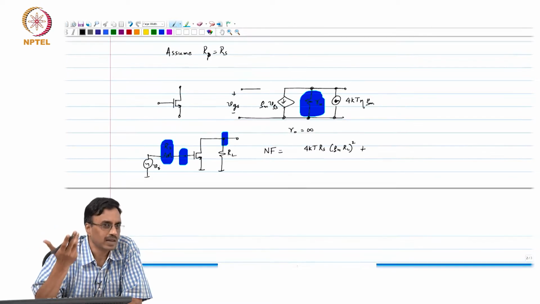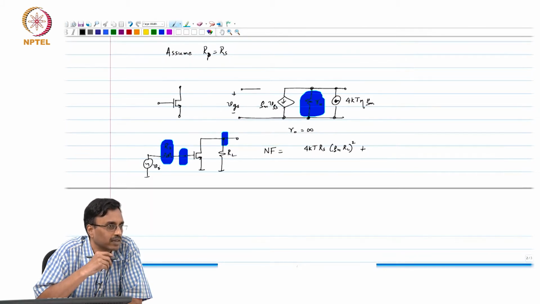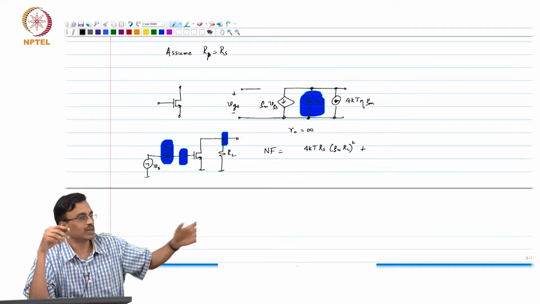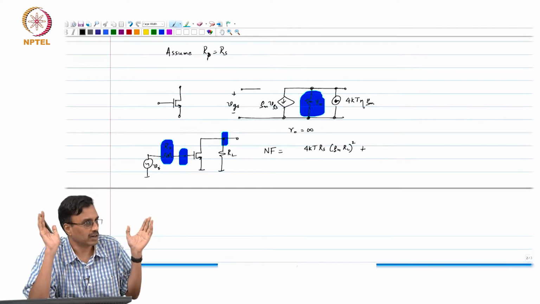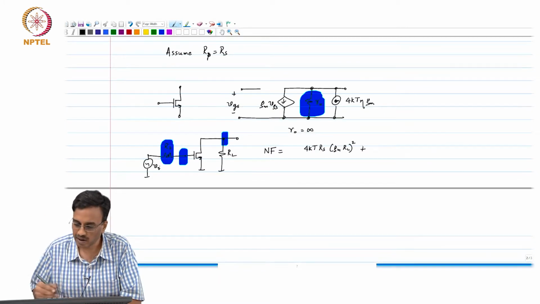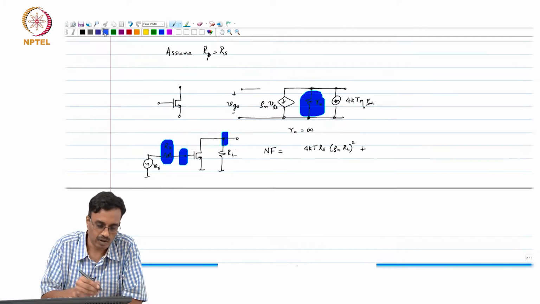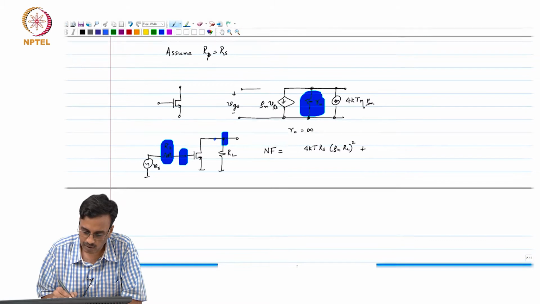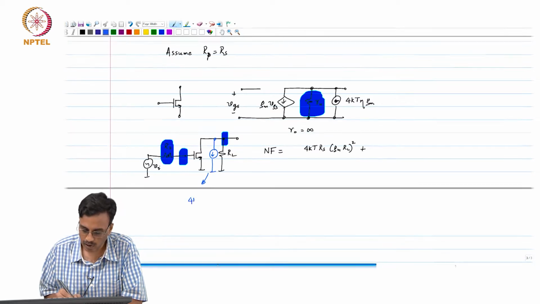So, that's where the adjoint, the inter-reciprocal network, is so useful, because you write down the MNA equations of this big network, you solve it once, and you get all the transfer functions that you are looking for. So, back to our example. There are three noise sources. Fortunately, it seems like we can use some simple trick to convert that into two. This noise source is that of the transistor, and it has 4kT eta gm.